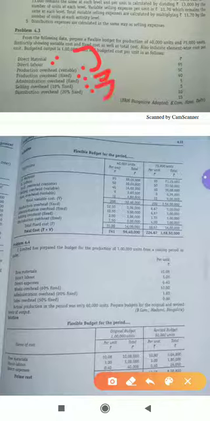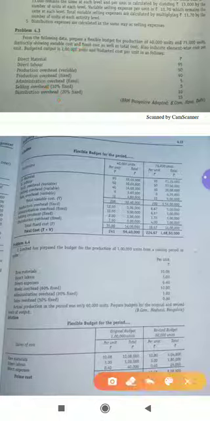How to identify whether it is semi variable or fixed? See, you should know what all the direct expenses are. Suppose I take the example of raw material. To produce one product, if you need 1 kg of raw material, for the second unit you require 1 more kg of raw material. That is what the concept says. Now when they give, within bracket, 10% fixed or 30% fixed or variable, that is nothing but semi variable.